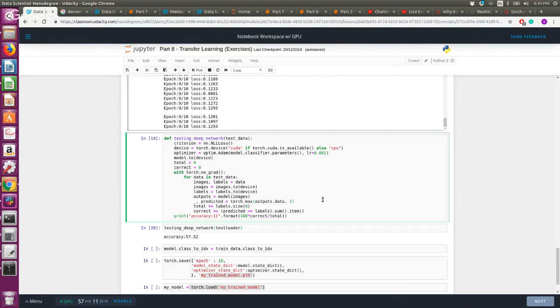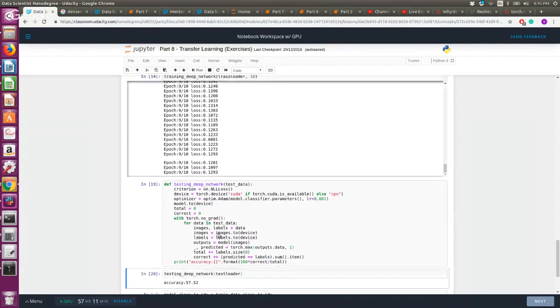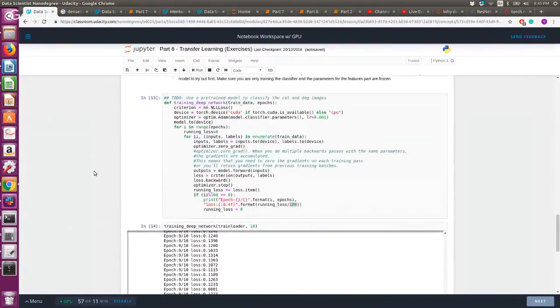If my probability of class 2 is greater, it will be predicted as class 2. I found the total here, and then I compute the accuracy. So this one here has less accuracy, but yeah, it was a simple network that I built. You can